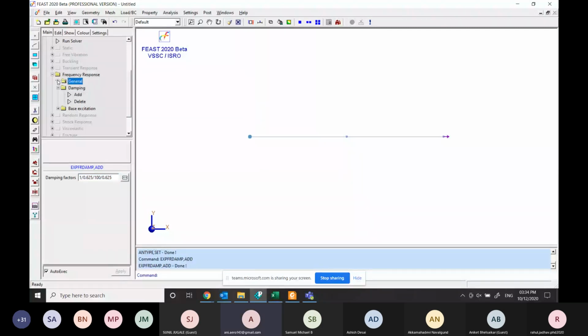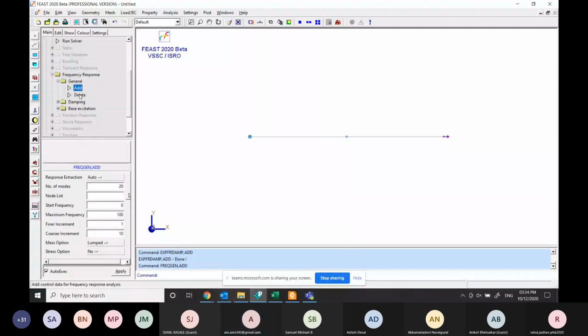Now I'll go to general, add. In these general settings, we have some options that we have to set as per the requirement.